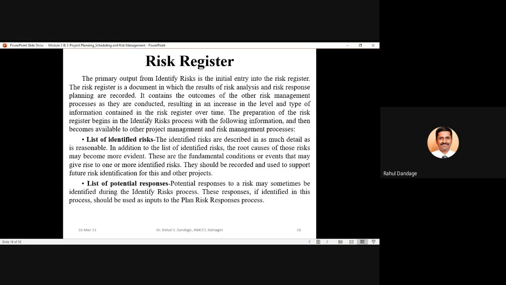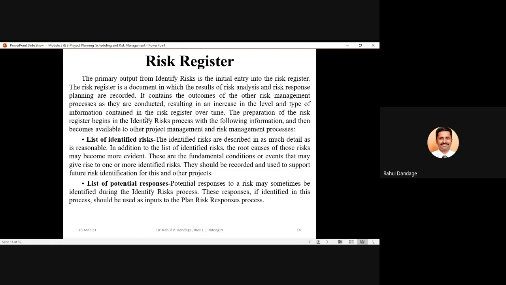So once you have completed the risk identification process, you can prepare a register which is called the risk register. In this risk register, what we have to do is go on listing down the various risk categories or risks which have been identified. We should also give their descriptions and the characteristics of the risk, and also document the potential responses.